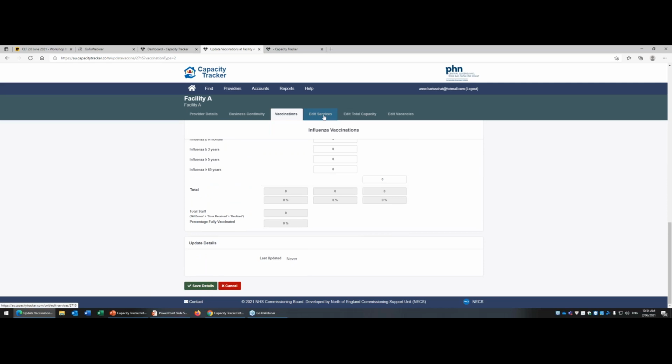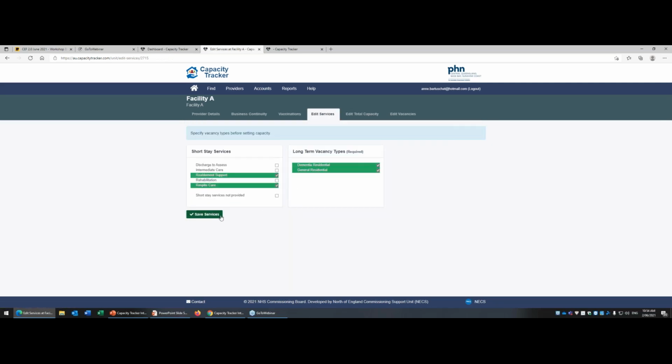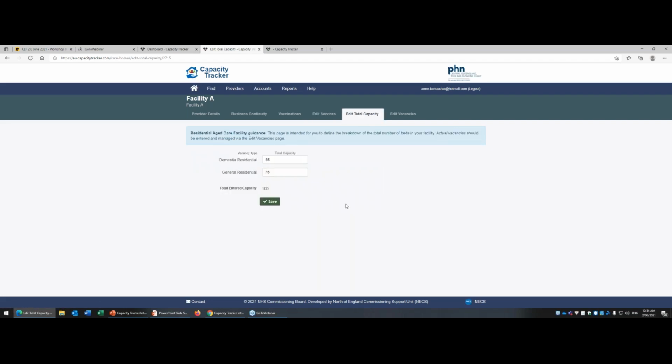So the next tab we have here is around your services. So all you need to do in this tab is just tick off what services you do have, as we've done here with the dummy facility, and then hit save services. Once you save services, that will pull across to the next tab, which is your total capacity. So the total capacity, you'll note how many dementia-specific beds you have and how many general beds you have. So as we've popped in here, there's 100 beds at this facility, 25 dementia, 75 general. Once we save that data,